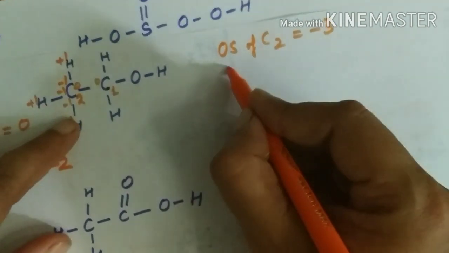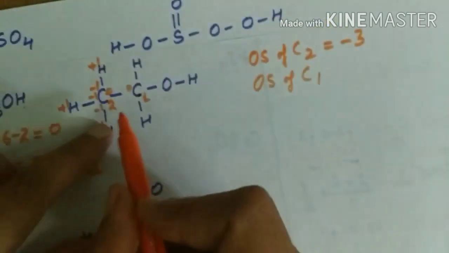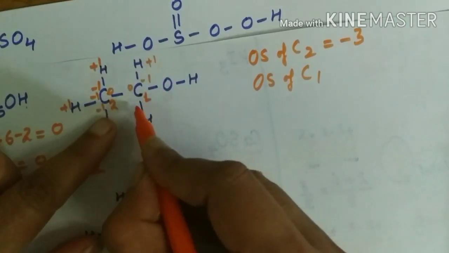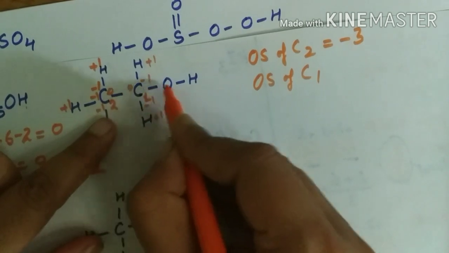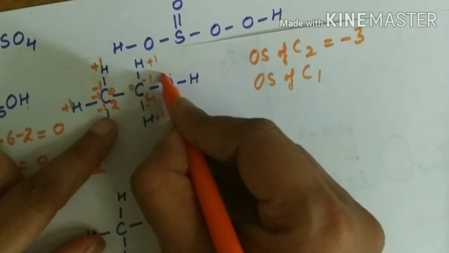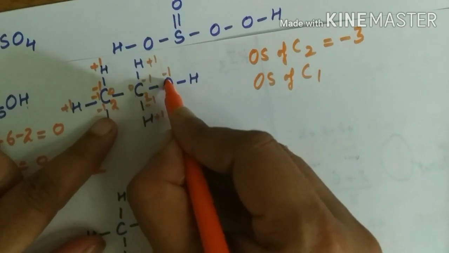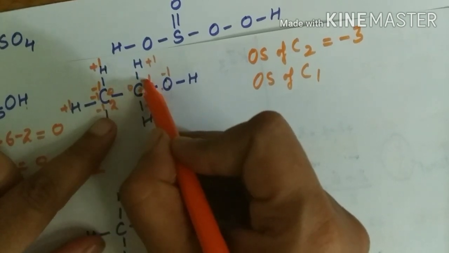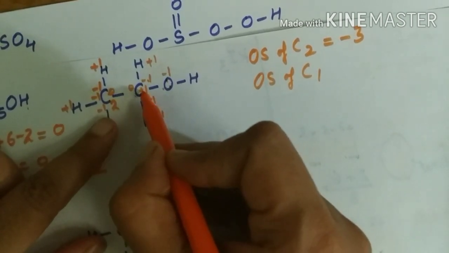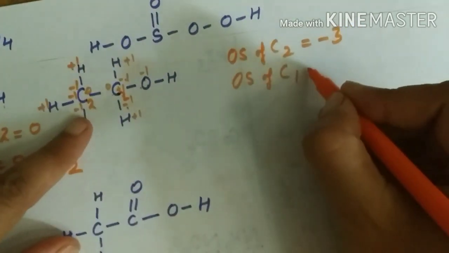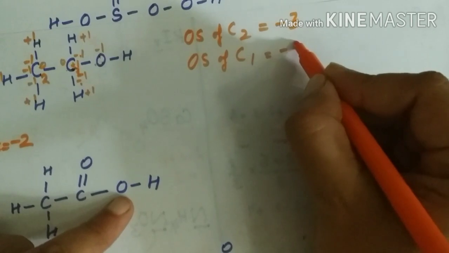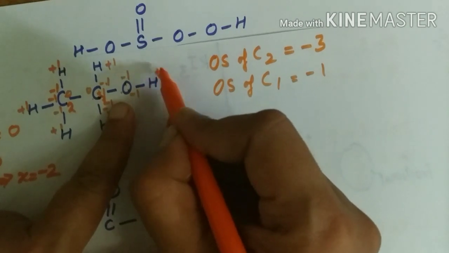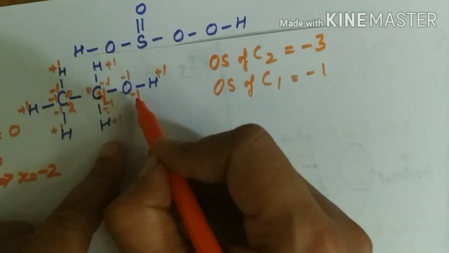-3. Now let us see the oxidation state of the first carbon. So here it is -1 +1. This is -1 and +1. Here, oxygen is more electronegative, so for this bond, oxygen gets -1 oxidation state and here +1. So the total oxidation state on this carbon is -1 -1, -2, or +1. So the net oxidation state will be -1. Of course, for this oxygen, for this bond it will be -1 and +1, so oxygen will have a total of -2 oxidation state.